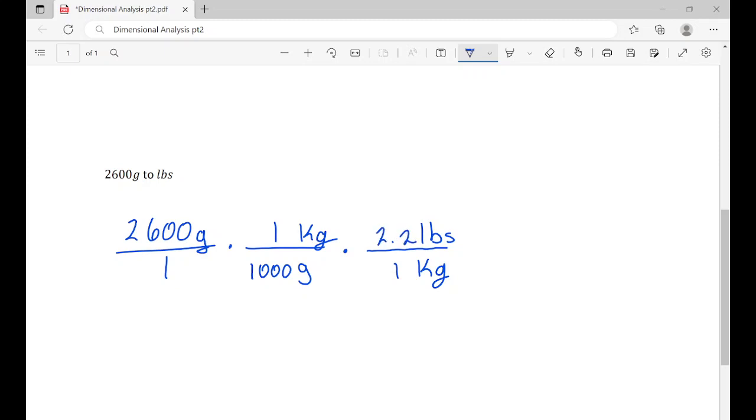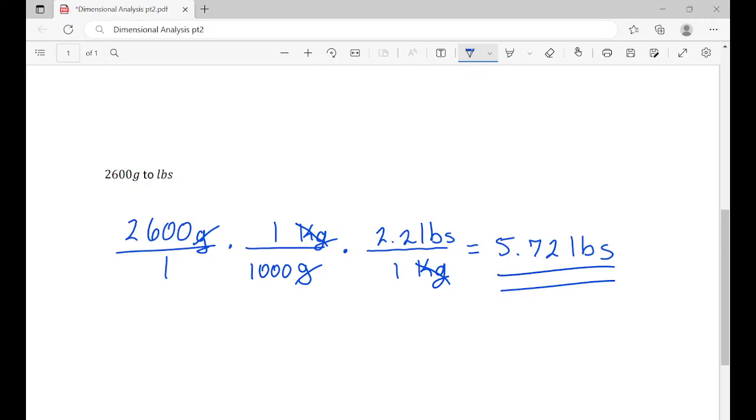And now I can start canceling off units of measure. So the grams go away, the kilograms go away, and now all I'm left with is pounds. So what I'm going to do is 2,600 times 1 times 2.2, and then divide the whole thing by 1,000. And when you do that, and I would recommend a calculator, you will get, to 2 decimal places, 5.72